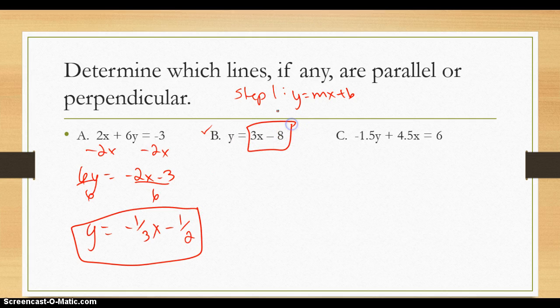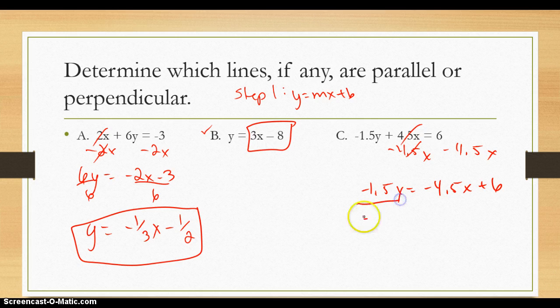We have this line right here, and now this line. So we subtract 4.5x. So we know that -1.5y equals -4.5x plus 6. Divide by negative 1.5. We know that y equals 3x minus